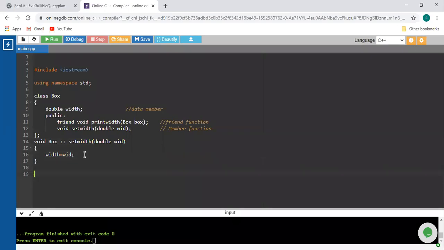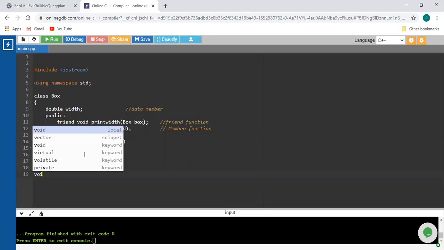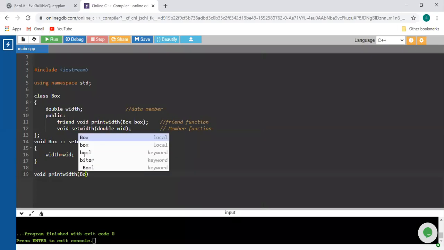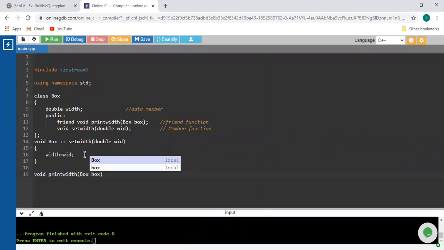Okay, now define the friend function, which is not a member of that particular class. How are you going to define this? It is normal, just like void print width, and it is going to access the object of that particular class because we have considered it as a parameter.